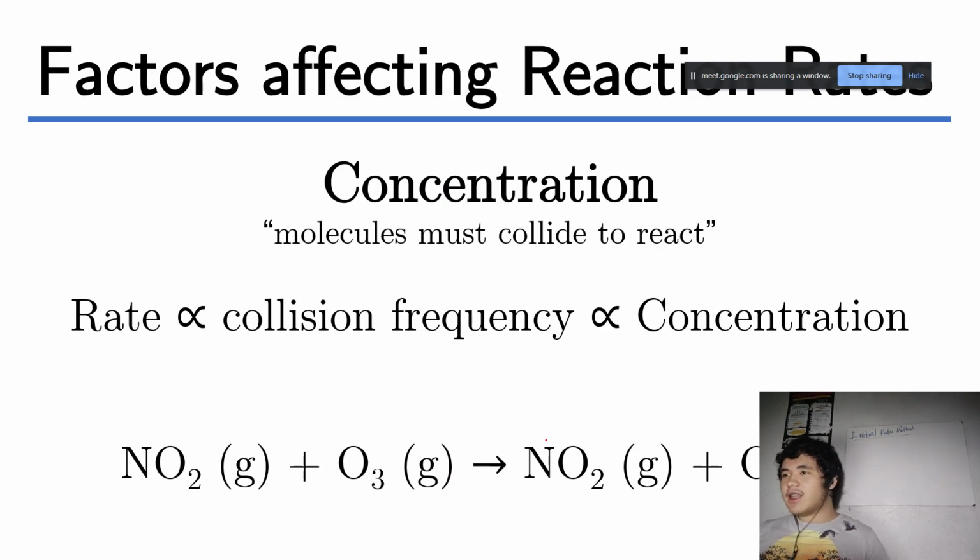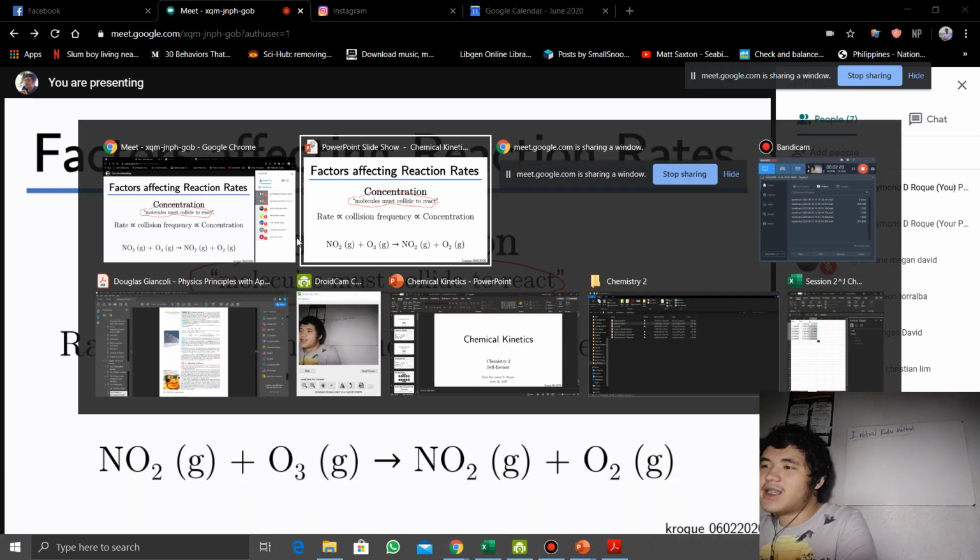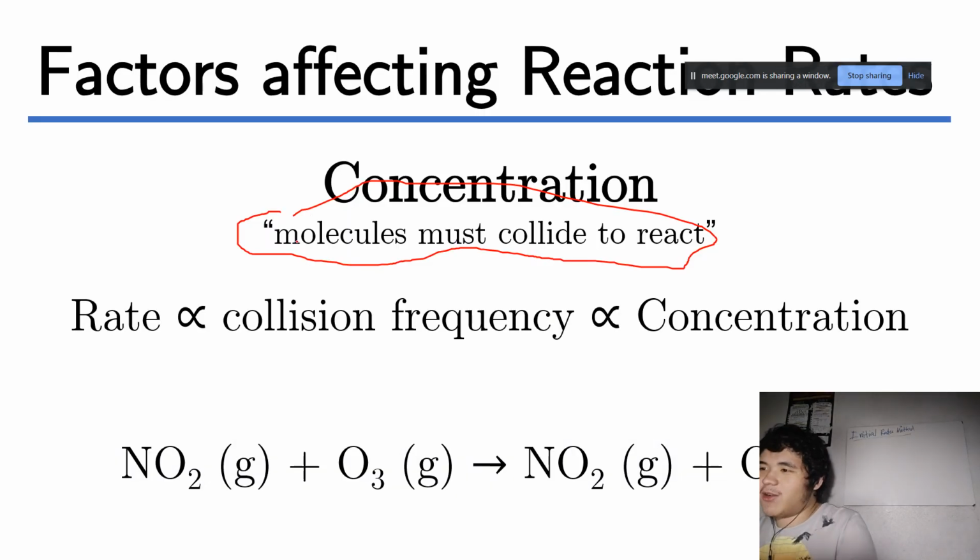Then, okay, what affects reaction rates? So, syempre, before we start, ito yung pinaka-premise natin. In order for a chemical reaction to take place, molecules must collide to react. If you imagine it, kailangan magbangga-bangga sila and mag-mix up para mag-react and change into product. So, example,